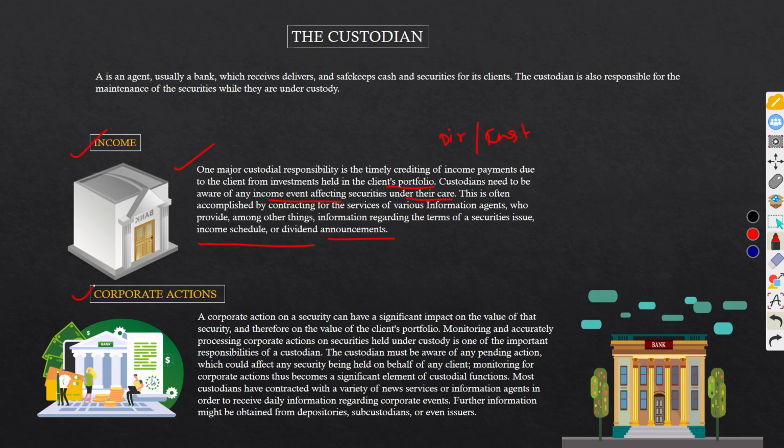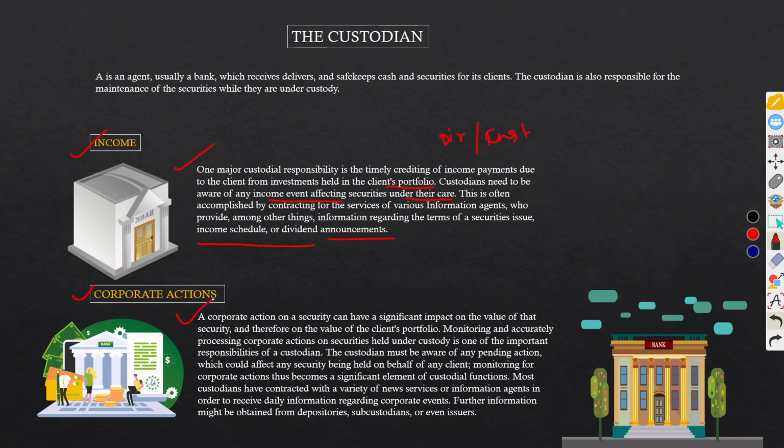Third is corporate action, as we have discussed. That comes under your maintenance. Basically, if you hold any securities and a corporate action is announced, then you will have to take care of that corporate action as well. A corporate action on a security can have a significant impact on the value of the security